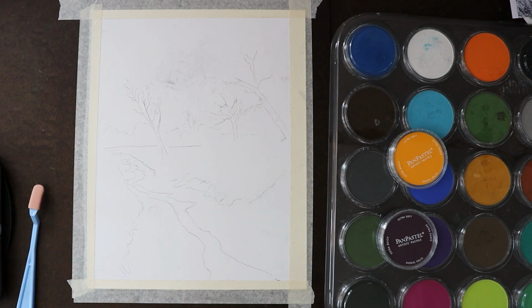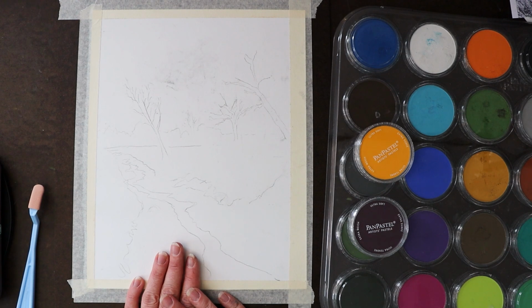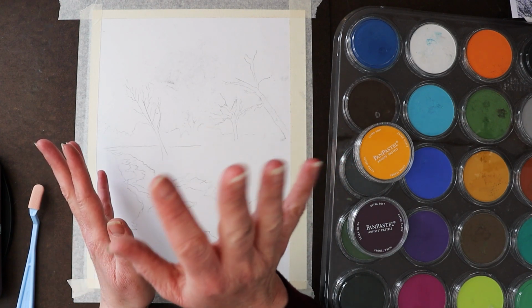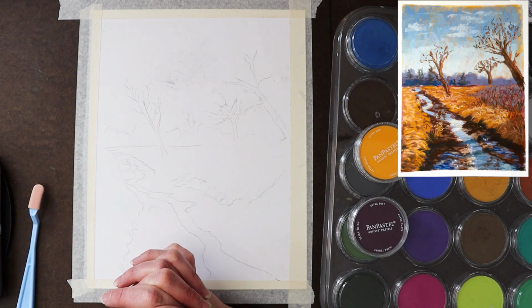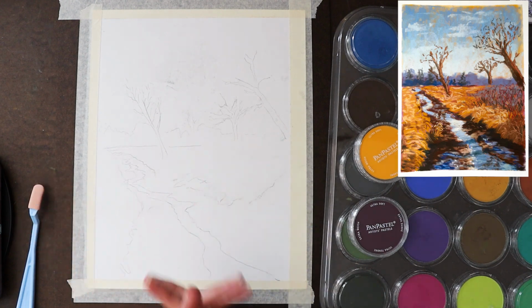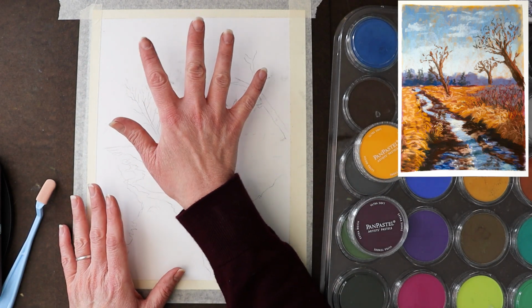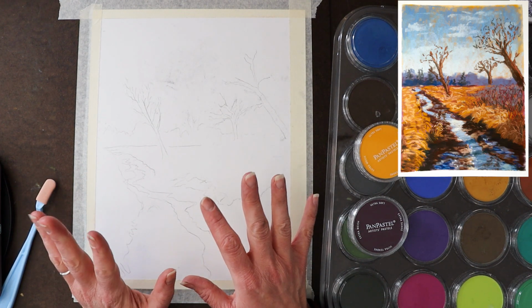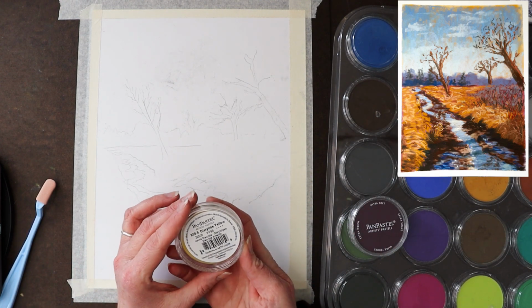Okay, so I've transferred my sketch onto some white PastelMat, and I'm going to do my underpainting today with some pan pastels. So the way I'm going to do this is I'm going to put my finished work as an overlay up here in the video so you can see the finished work while I'm working. There's a lot of blue and gold, and I like to do the opposite color for the underpainting. Actually, the opposite of blue is like an orangey color, but I'm going to use like a golden color, and the opposite of the yellow down here is like a purpley color. So I am going to do my underpainting now with some pan pastels. And I'm going to start with